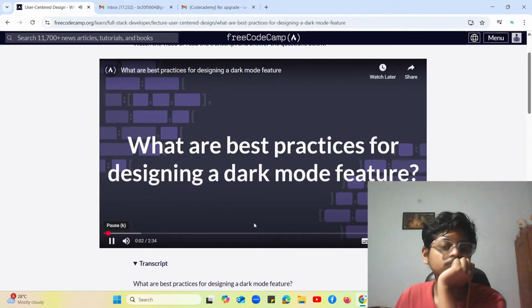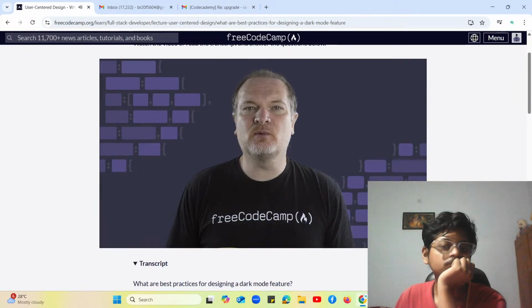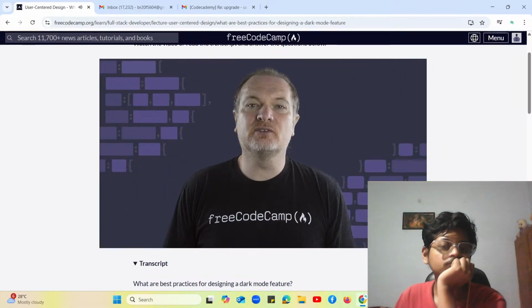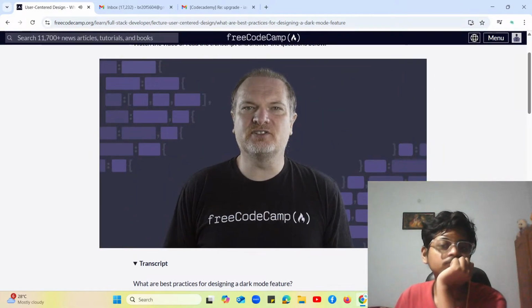What are best practices for designing a dark mode feature? Dark mode is a special feature on web applications where you can change the default light color scheme to a dark color scheme. This helps reduce eye strain and improve readability in low light conditions. When designing your dark mode features, it is important to understand best practices to ensure that your dark mode feature